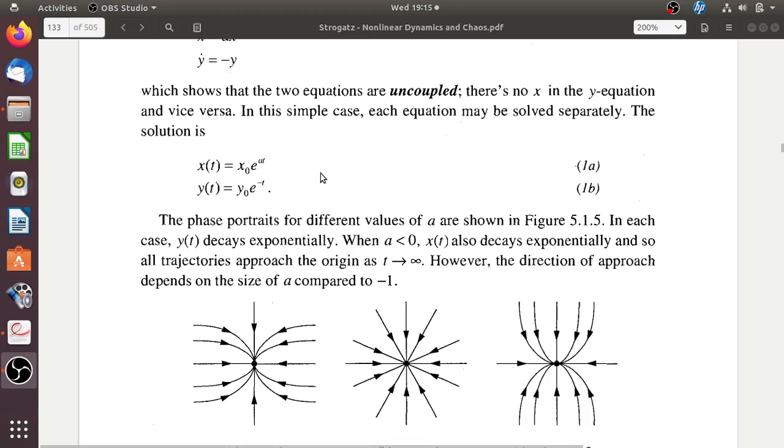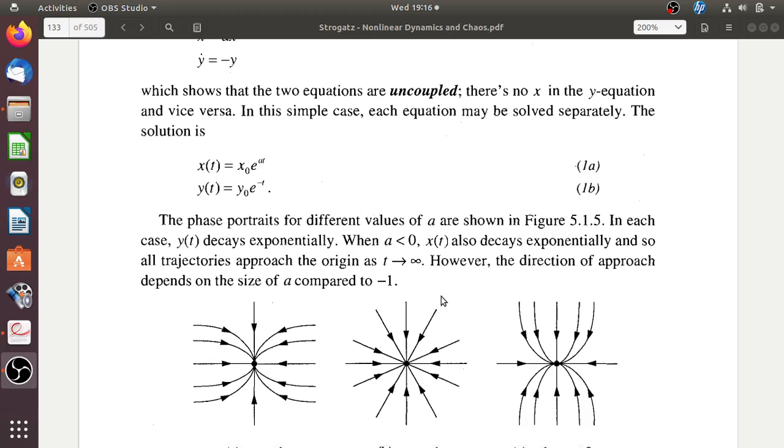Now what if the system is coupled? By coupled we mean in that A matrix, what if the off-diagonal elements are non-zero? At that time how does the phase portrait look? In order to understand that, we are going to make some consideration. The consideration is that for that coupled system,